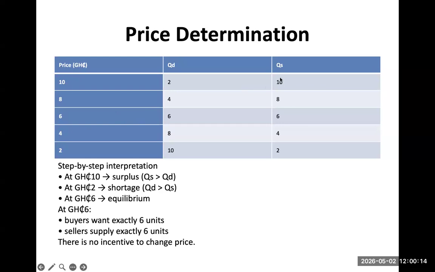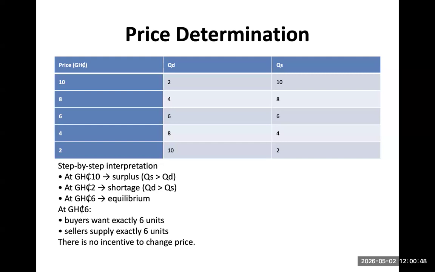The same thing applies at the price of 6. The quantity that the suppliers are willing to supply is 10, but what the consumers are willing to buy is 2. Therefore, it will push the price to fall back to 6, because more is available for consumption, but those who are willing to buy are fewer.